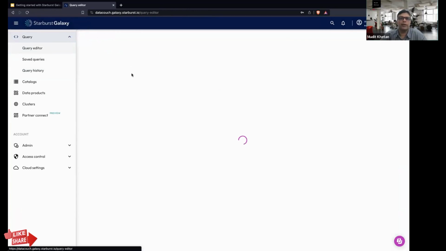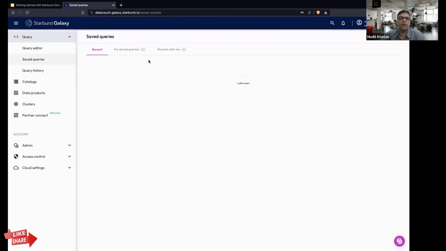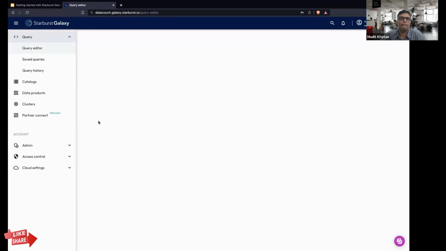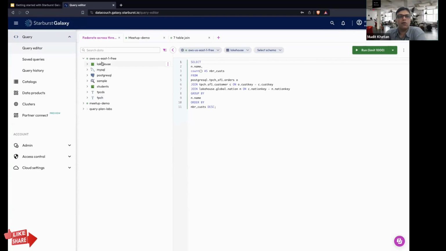Going back to the query editor, let us check out the saved queries. Now, not taking much of your time, I'm just going to show you a federated query. This federated query runs on the AWS cluster, the free cluster on Lakehouse. You can see that in this cluster, there are multiple catalogs connected to different data sources.